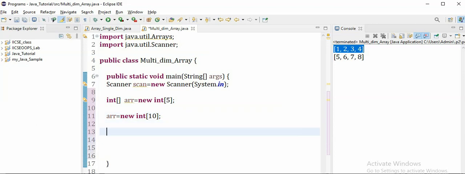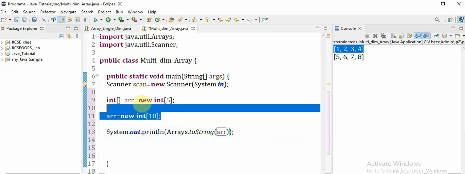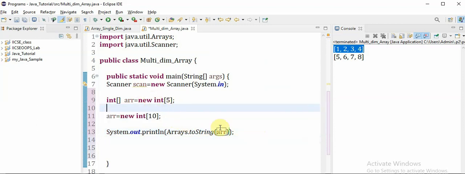Now if I just say System.out.println, and we know how to display the content of an array using Arrays.toString, and if I just specify the name of the array, since I have not given any data, the default value of integer will be filled in all these 10 values.